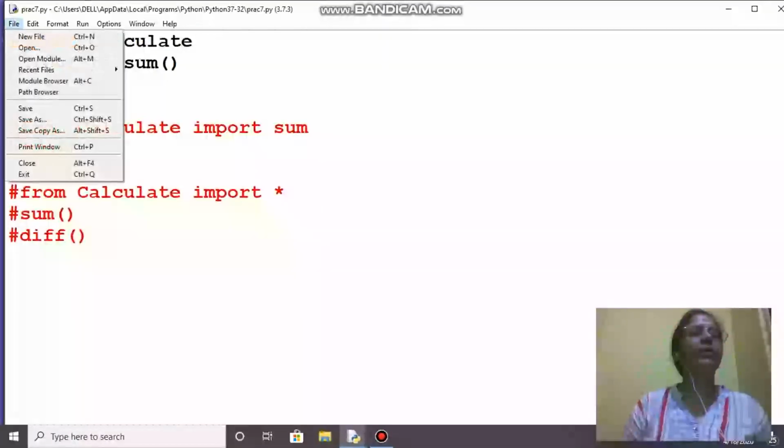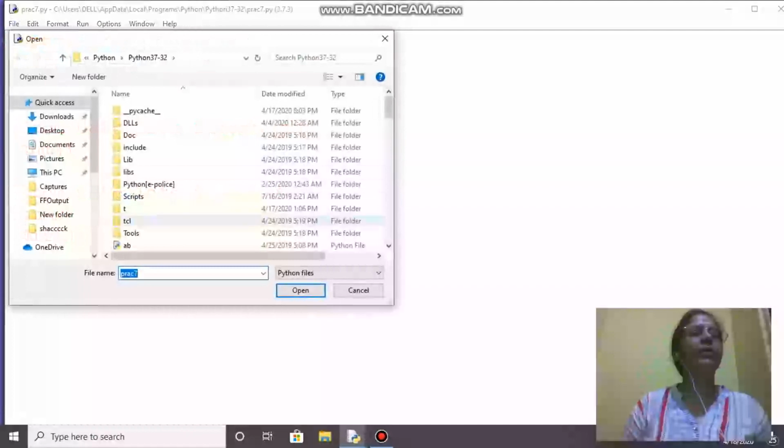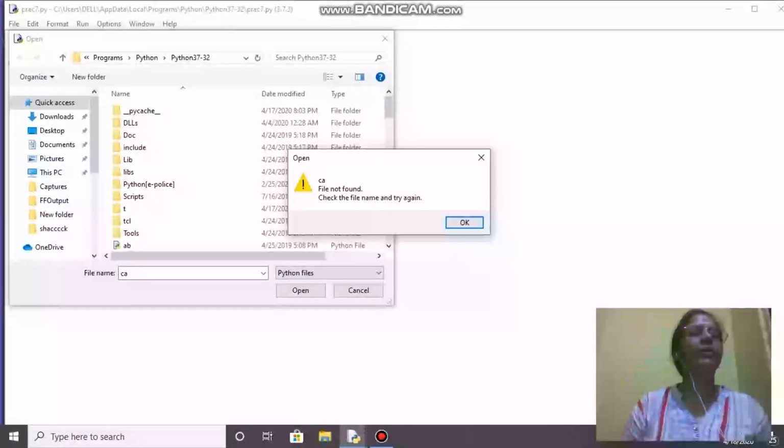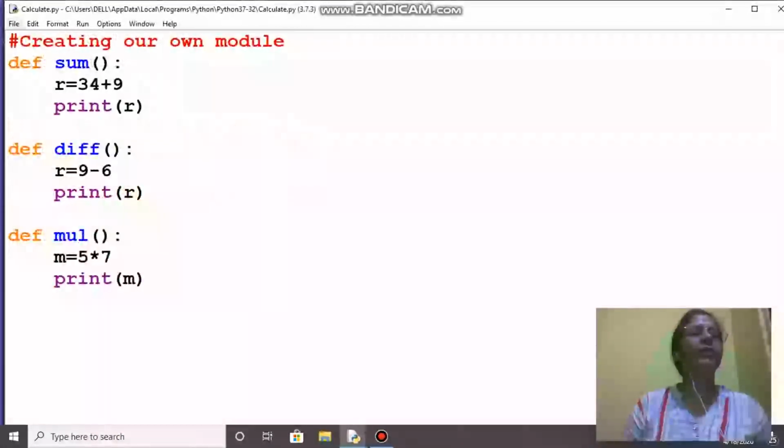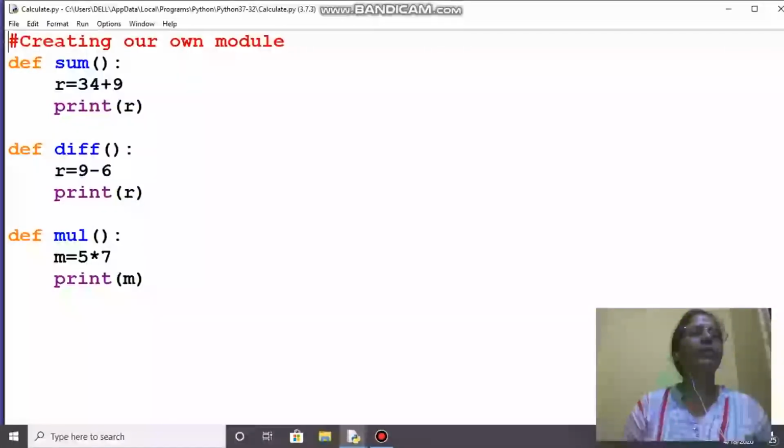Okay, I have created one module whose name is calculate. In this example, I have created 3 functions, that is user defined functions, programmer defined functions.